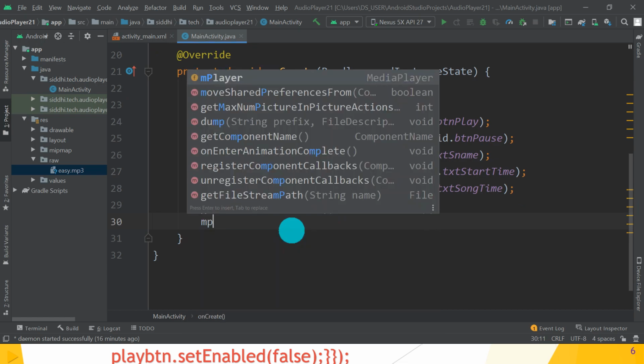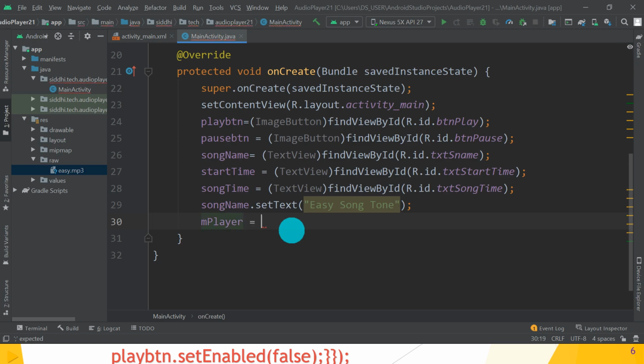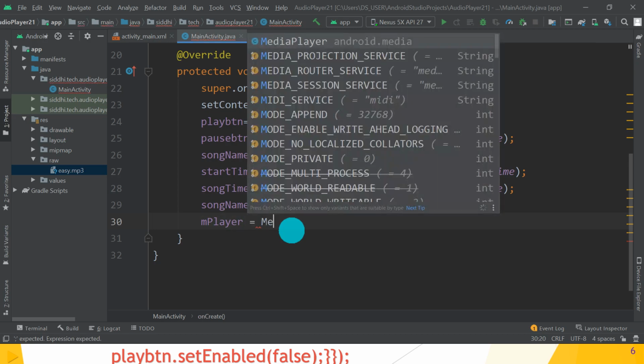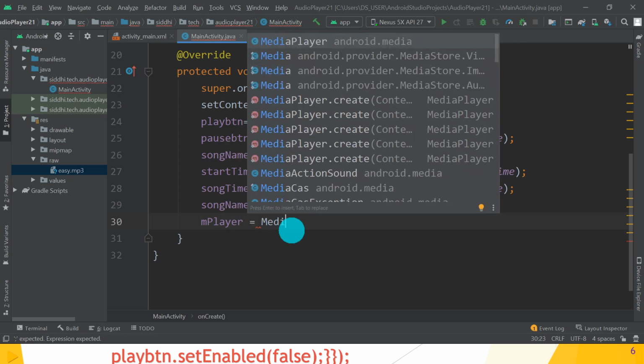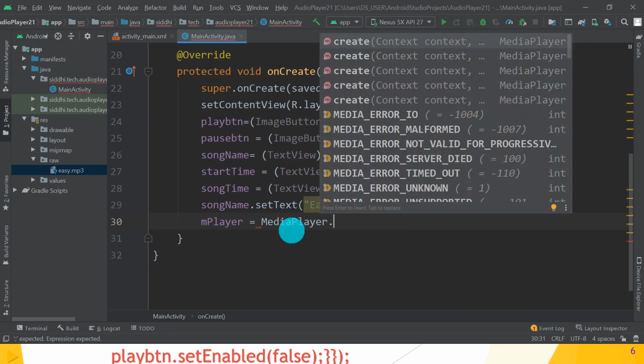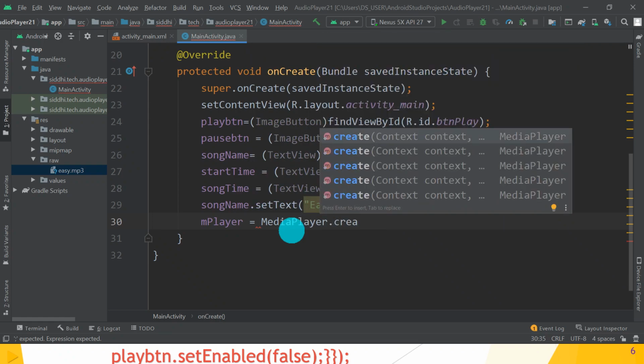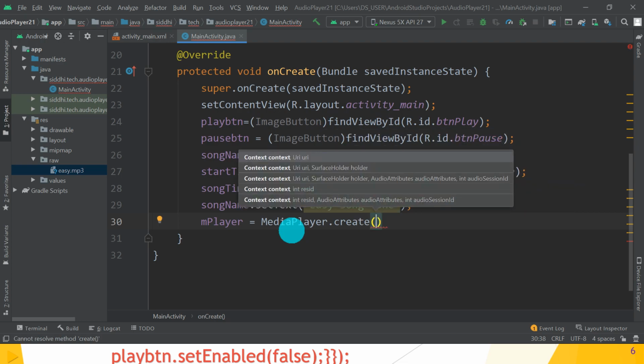Great. Now create the object of mPlayer. So mPlayer is equal to, how to create the object? Using MediaPlayer.create. So the create method is a static method, that's why we have called it using the MediaPlayer class. So how many arguments do we have to pass into that? First is the current context, that is this.